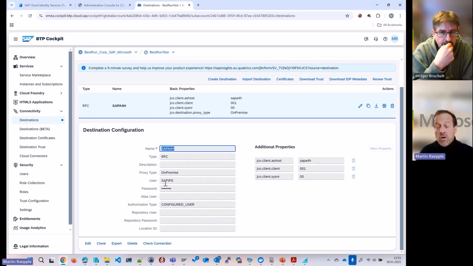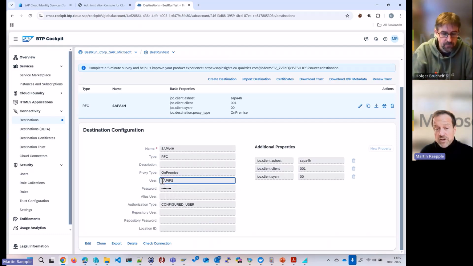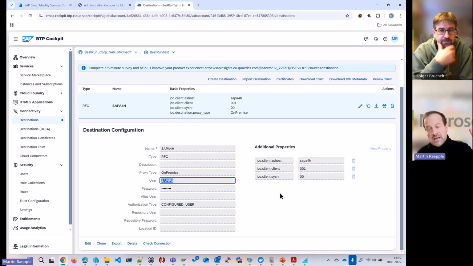It certainly also needs the credentials of a user that I created before in the SAP system, similar to how the Entra ID tenant needed credentials to provision into the Cloud Identity Services. We also need here a user that has the required authorizations to call the underlying RFCs and BAPIs for user management in the backend system.